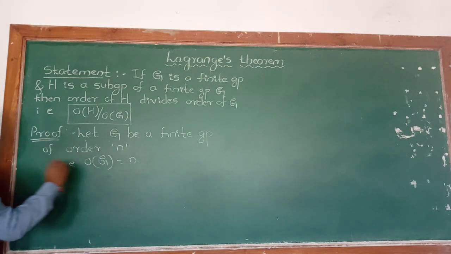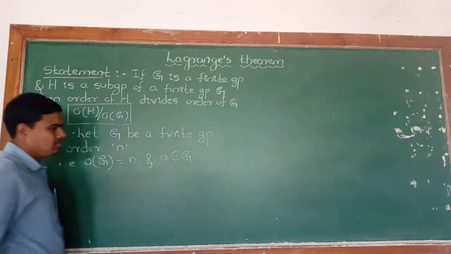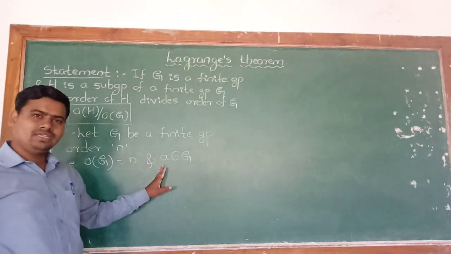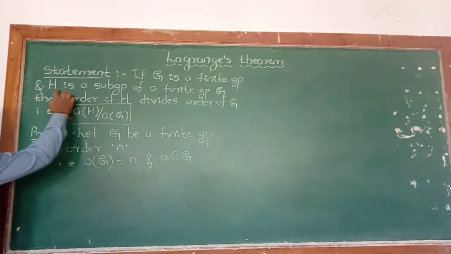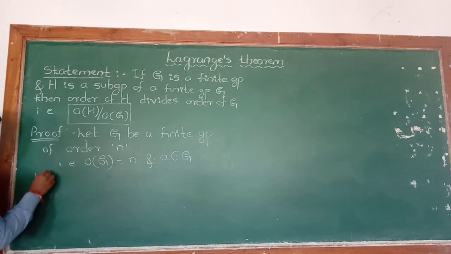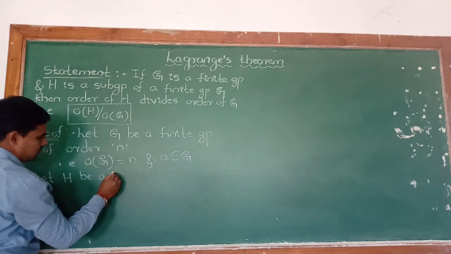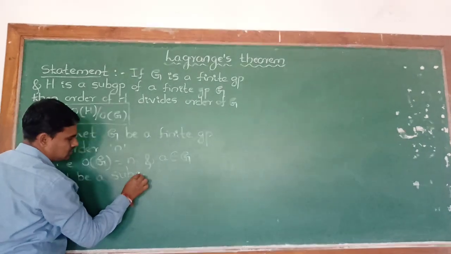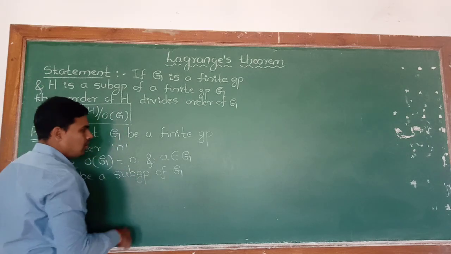Then I will also take an element a belongs to G. A belongs to G means a is an element of this group G. Then again, H is a subgroup of the finite group G. Write down: let H be a subgroup of G of order